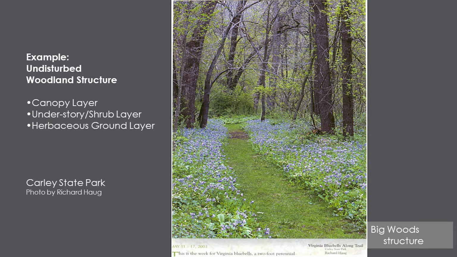If you want to really see layers and different forest types, go to our state park. And I bet a bunch of you have gone to a state park, right? Our state parks. That's where you can really see a functioning ecosystem and forest type with all the layers and a host of different species. And so this is at Charlie State Park. This was from the Minnesota Conservation Volunteer years ago. That is way out of the picture here, way up above.